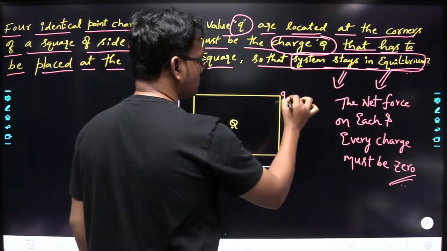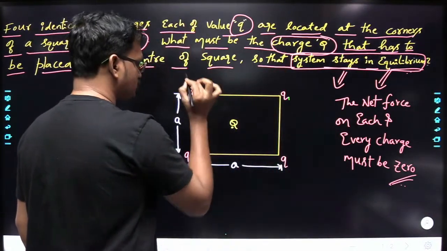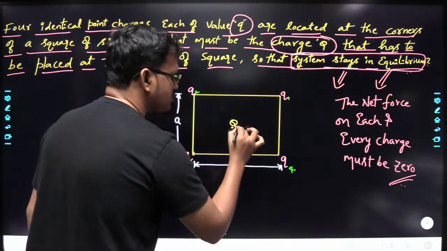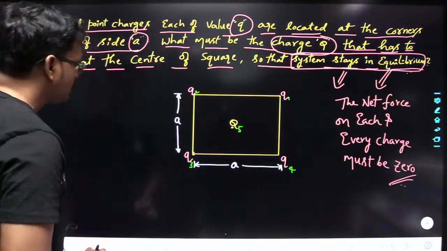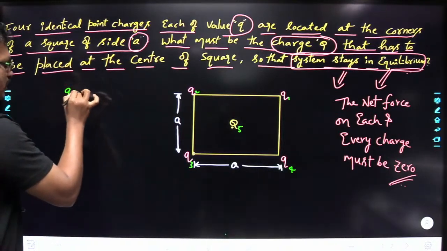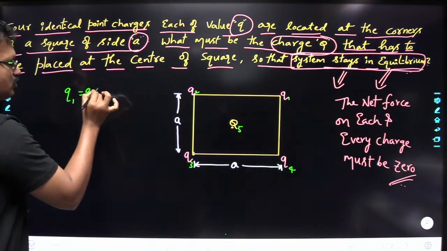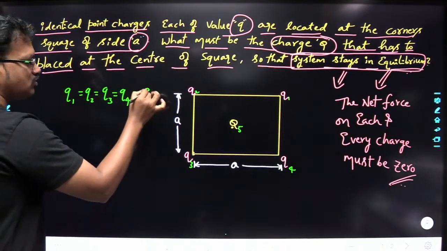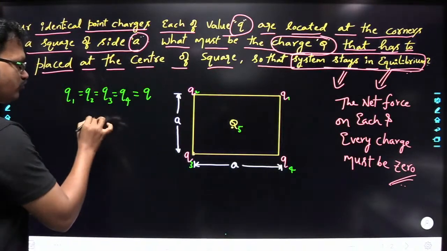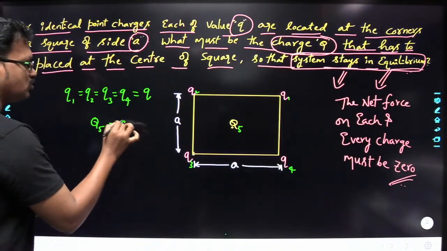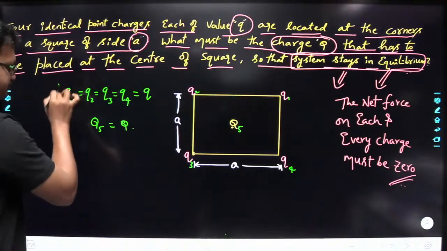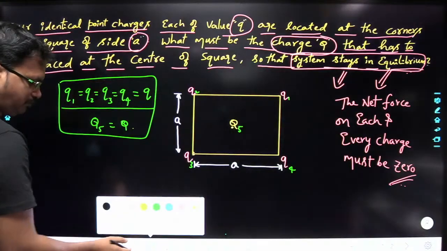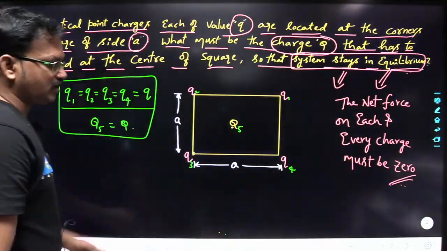Let us assume this is Q1, this is Q2, this is Q3, this is Q4, and this is Q5. So that means we have considered Q1 is equal to Q2, is the same as Q3, Q4, that is equal to Q. And Q5 is also equal to Q. Understood? Okay. Now if you observe here,